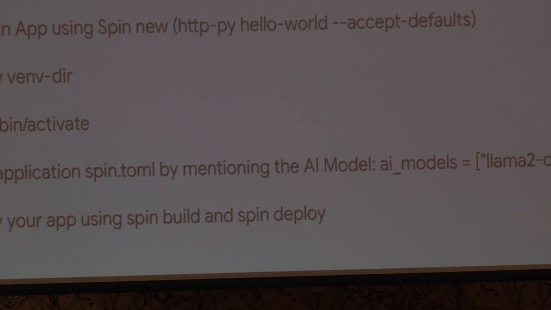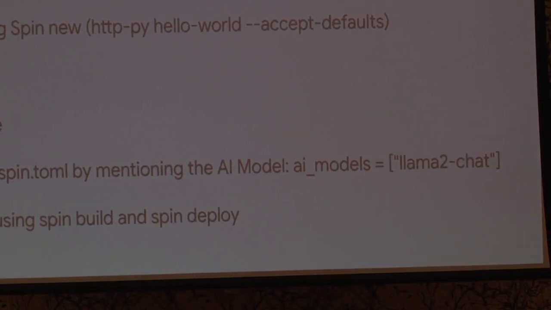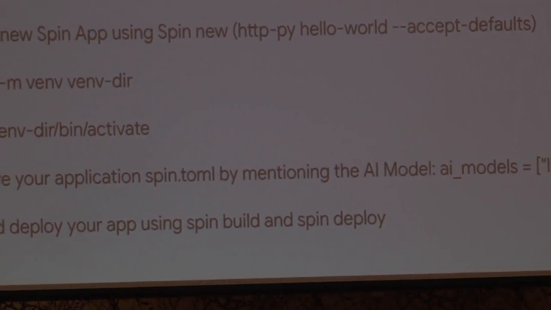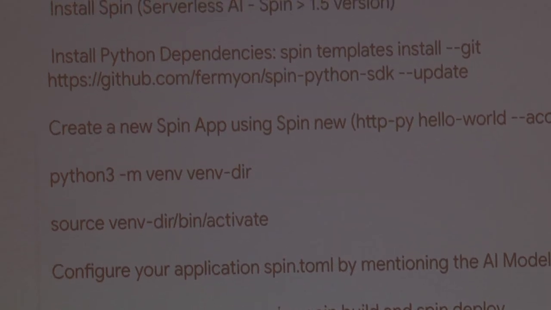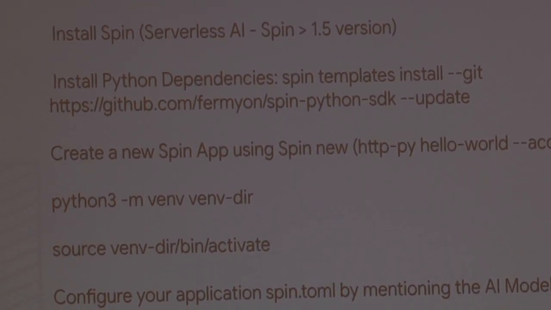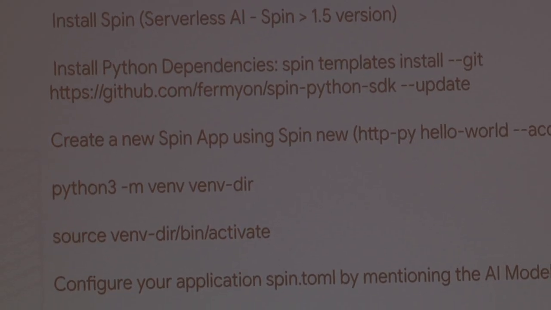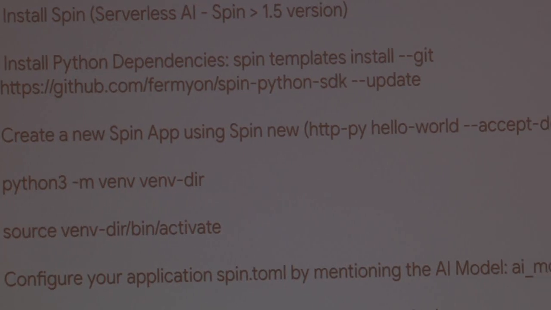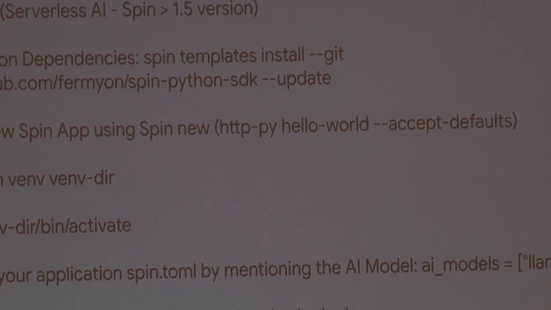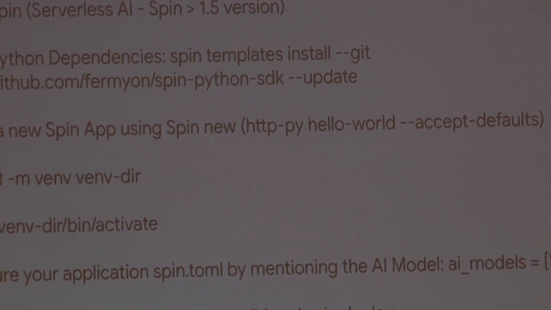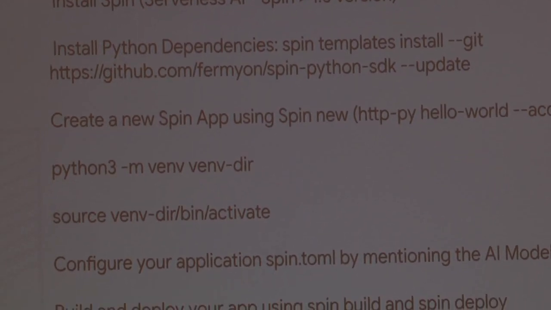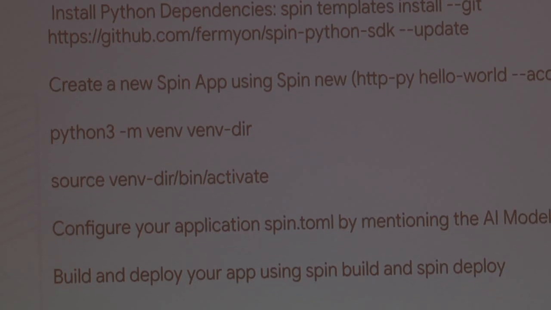So first thing would be to install Spin, and ensure that you have Spin version 1.5 and above, because that's where the serverless AI capabilities are offered. And you have to install the Python dependencies, specifically the Python SDK. And then you create a new Spin app by using the spin new command, which will essentially provide you a scaffold project with all of the system dependencies that are required to run your project. And then you create a Python environment, and then you configure your spin.toml file, which is essentially your configuration file,